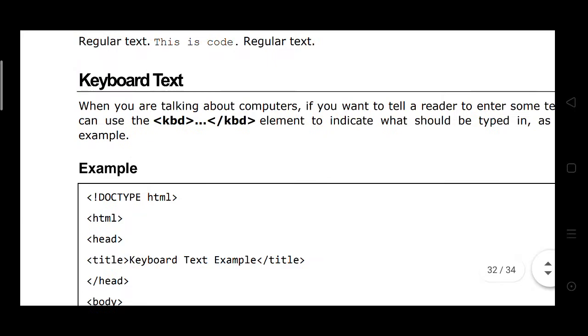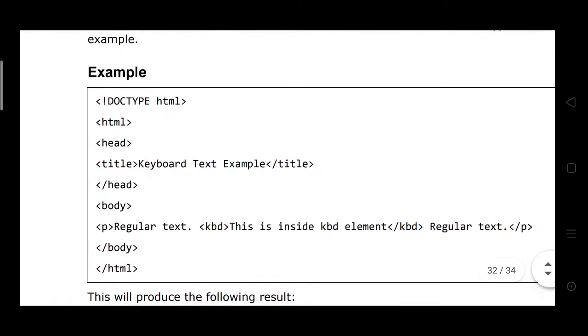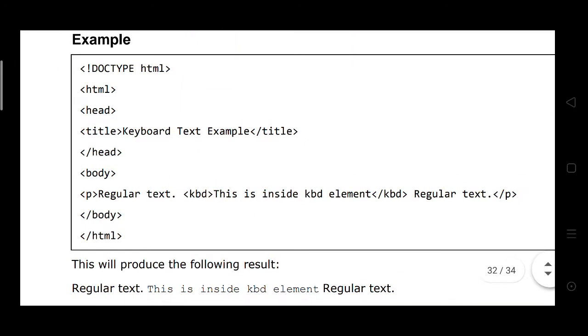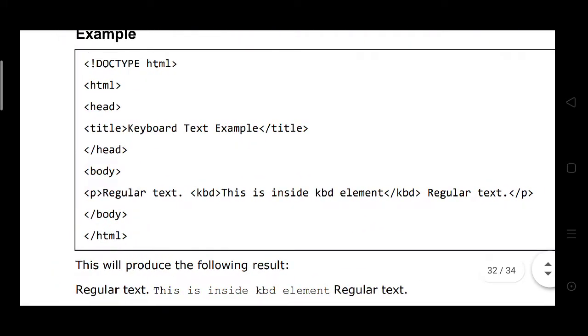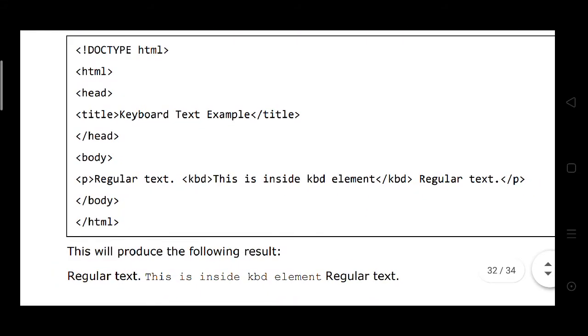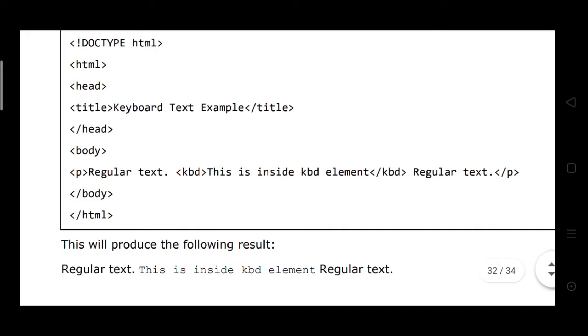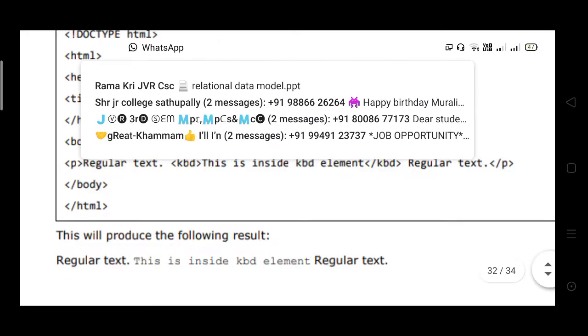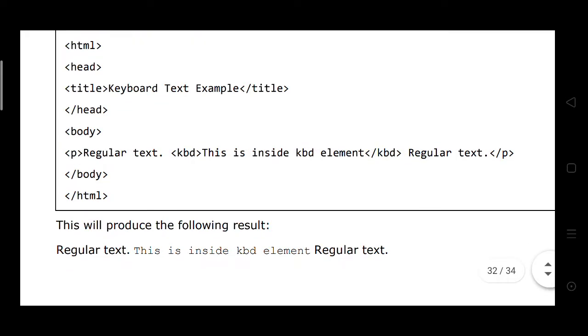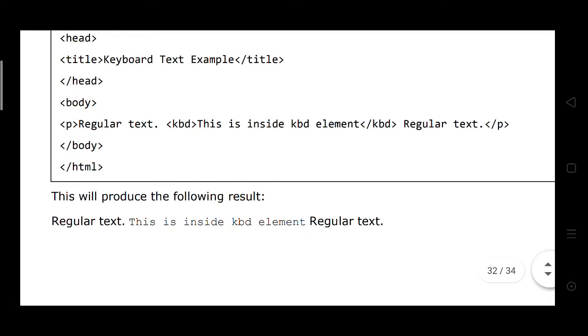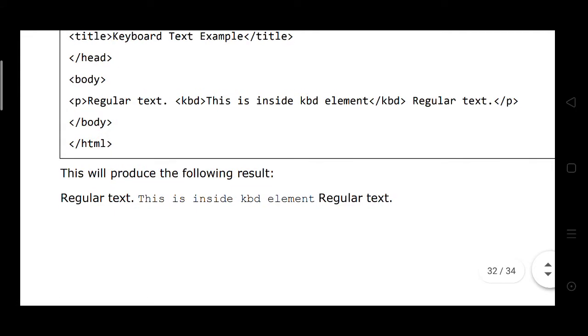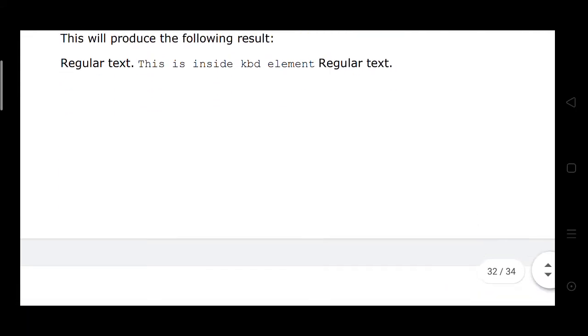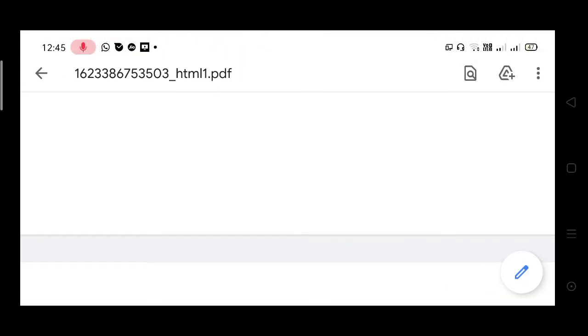As the example here, doctype HTML, and the program title is keyboard text example. Then this is inside the KBD element, regular text. Inside the KBD element, regular text here.